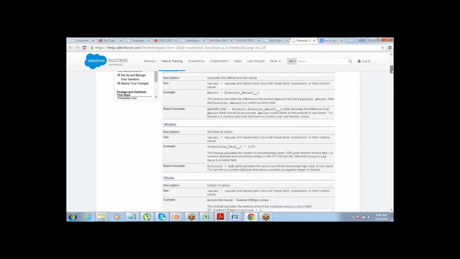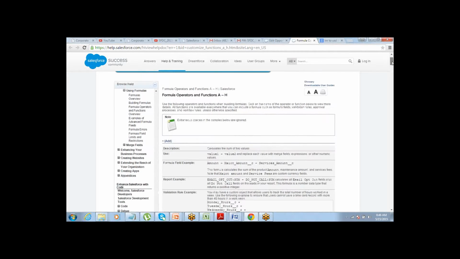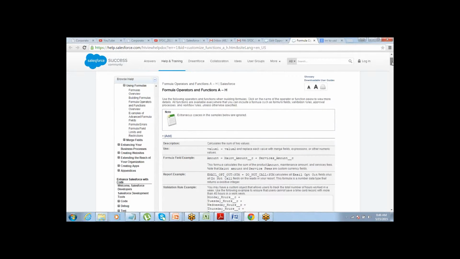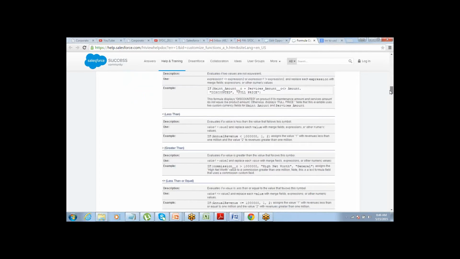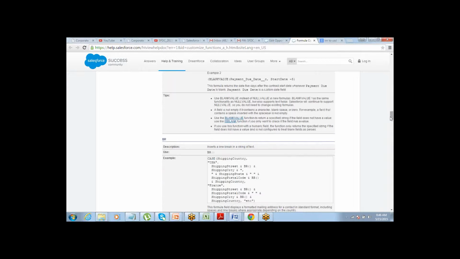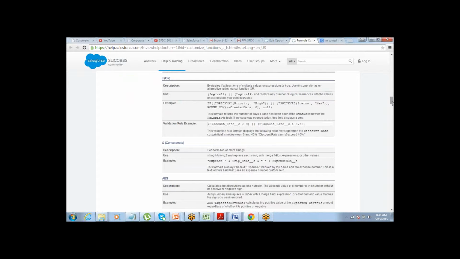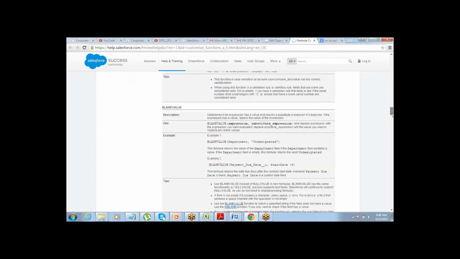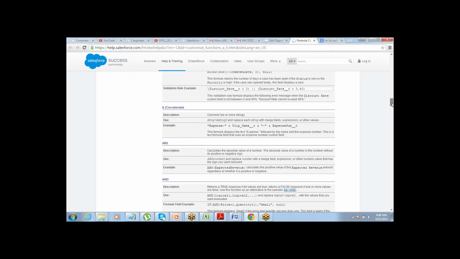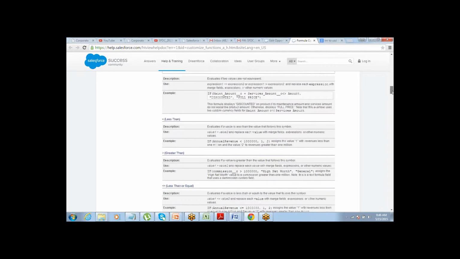See, so first of all the operators are listed, and then the functions are listed. So which function were we talking about?